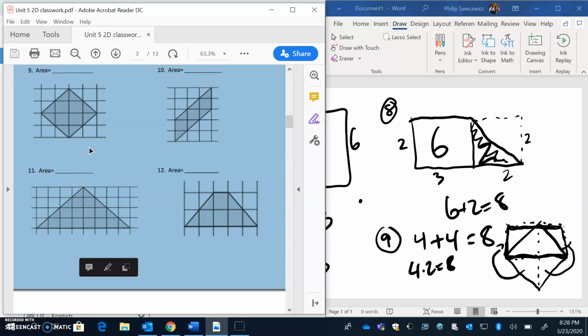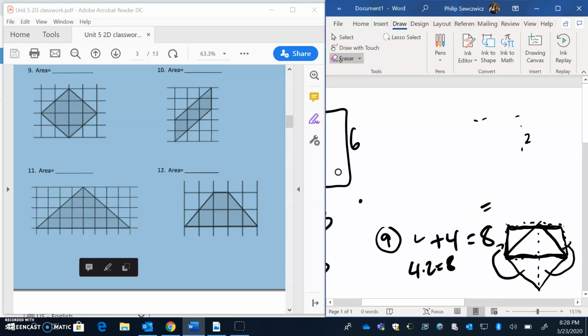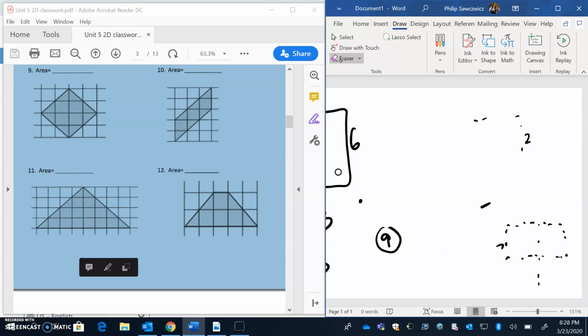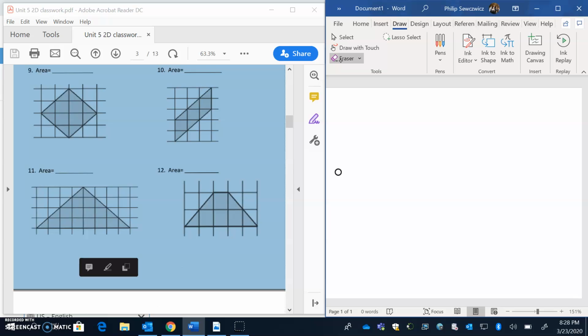Question number 11, we do want to notice that it is a triangle. So because it's our triangle, we could once again see if they're cut perfectly in half. And well, they are, so we can do that. But that's a lot of counting that we're dealing with. So I think this might be a better idea where we end up